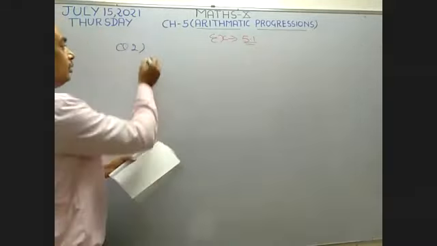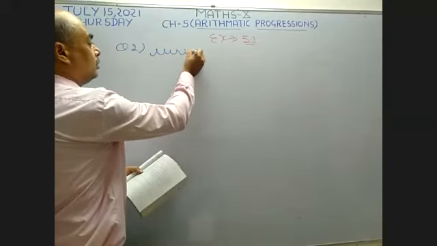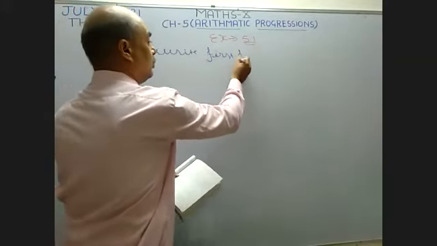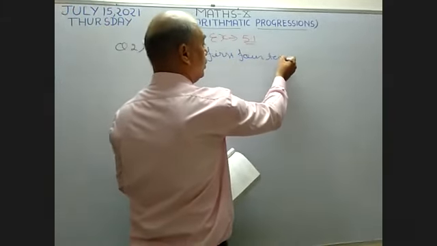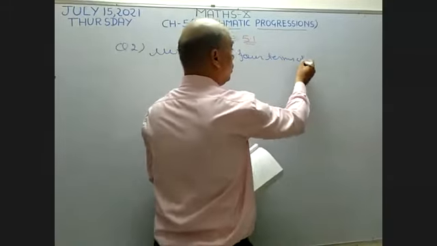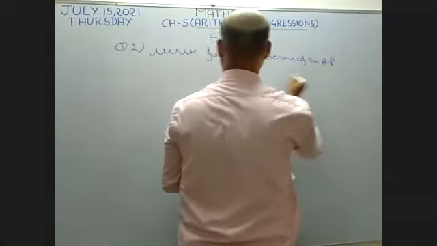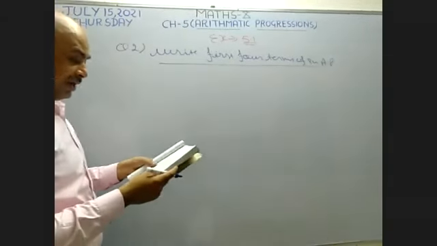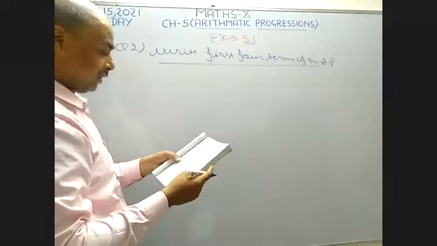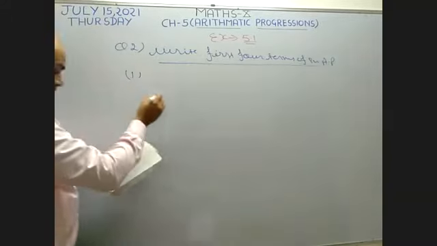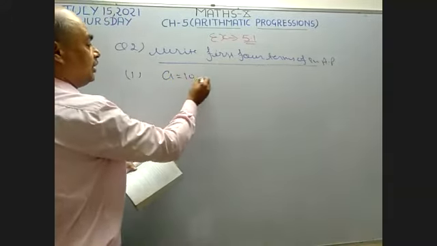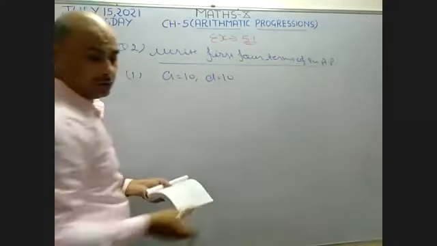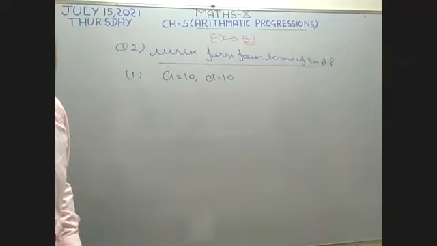Write the first four terms of an AP. This is the question. We have to write the first four terms of an AP. When the first term A is given and the common difference is also given, I want to solve its first part. Now in this question, the first term A is given and its common difference D is also given. We have to write the first four terms. Okay, this is the question. I want to solve this.